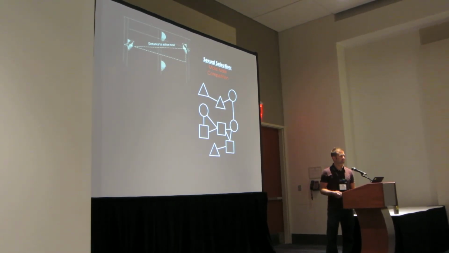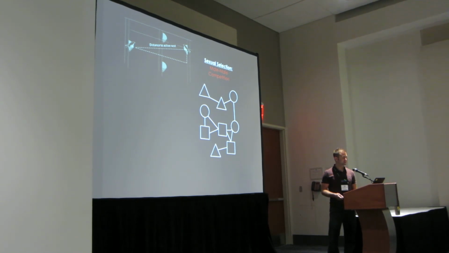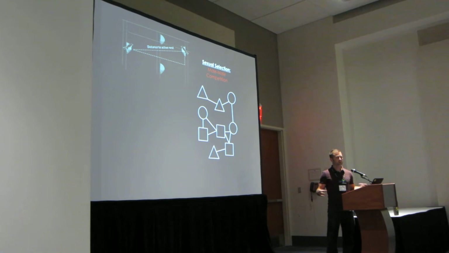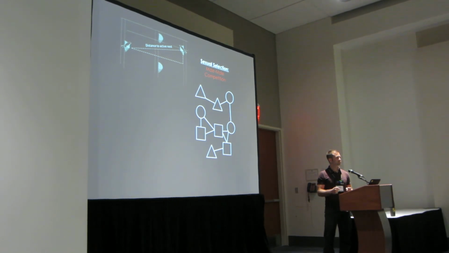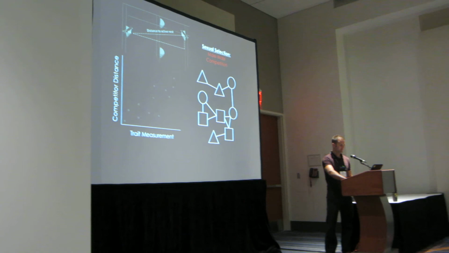Alternatively, we could look at the contributions of male-male competition and ask how much intrasexual selection contributes to signal evolution and which traits are involved. Our surrogate for male-male competition was the physical spacing of competing males. So which traits predicted the closest distance to a neighboring competitor? And we're going to color code